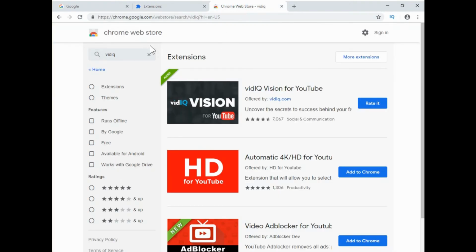Other than the Chrome Web Store, you may have links to the extensions on the individual websites. So if you're looking at a particular product, they may be recommending that you use their extension for that to work within Google Chrome. Rather than sending you to the Chrome store and having to search for it yourself, they may provide you with a link directly there to go and add it in. And that's it for this quick tutorial.